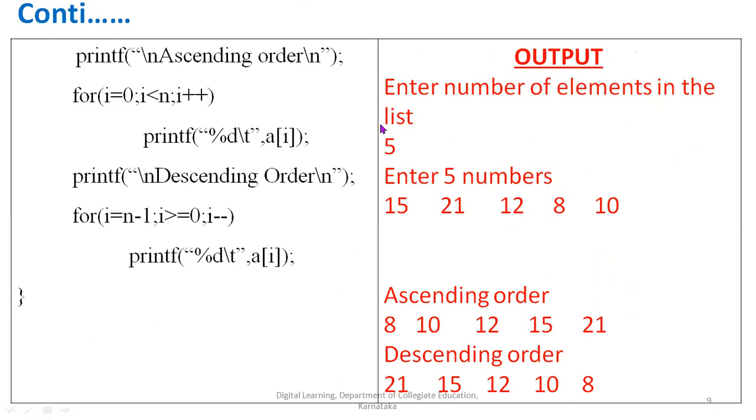Okay, so the sorted elements are there in the memory. Now the output statements, you can observe that for the ascending order, for I is equal to 0 to I less than n, we are going to print A of I. And for the decreasing order, we are going to print from the reverse. That is, for I is equal to n minus 1 to I greater than or equal to 0, I minus, we are going to print A of I. So this way we can observe that when the list is having the 5 elements, it would have sorted the list both in ascending order and in the descending order.